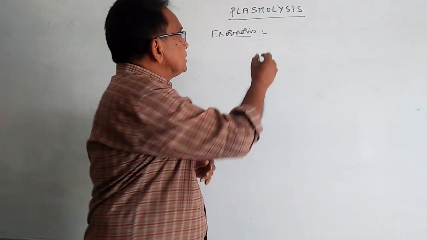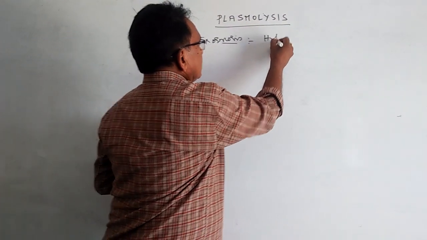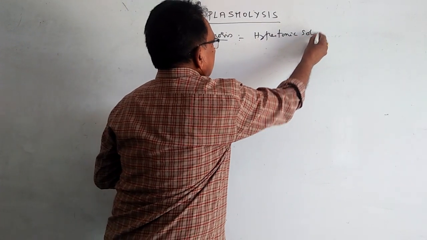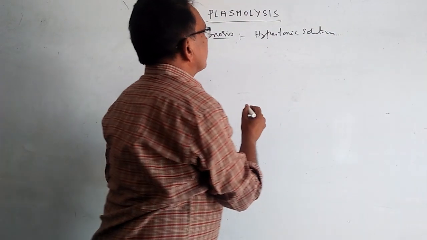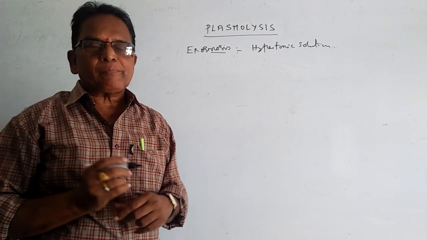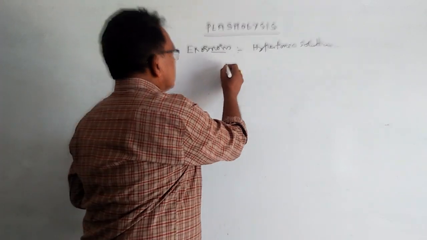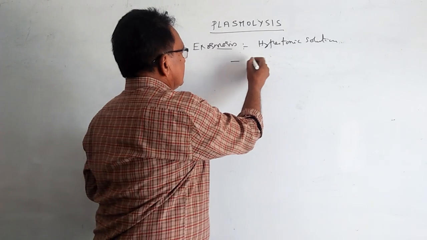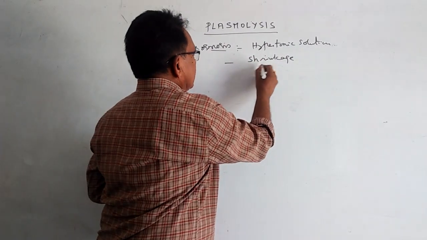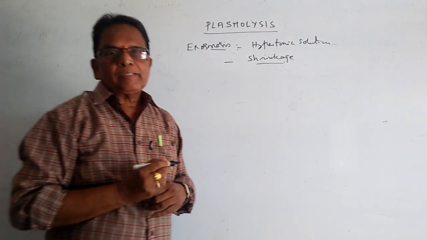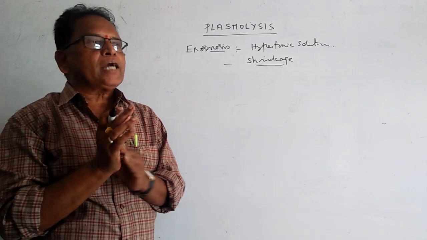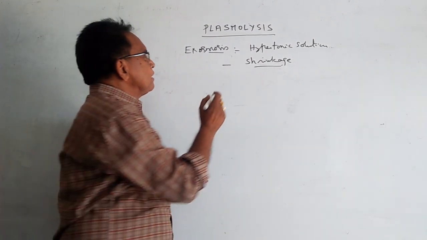When a plant cell is placed in a solution called hypertonic solution, water from the cell will come out into the outer atmosphere. As a result of this, the cell undergoes a phenomenon called shrinkage. The plasma membrane shrinks and comes to occupy the center of the cell.